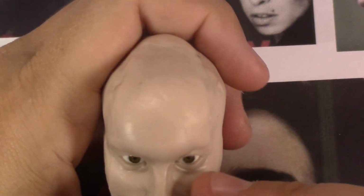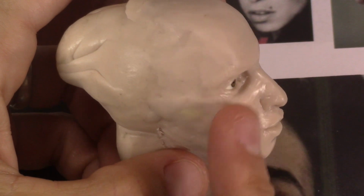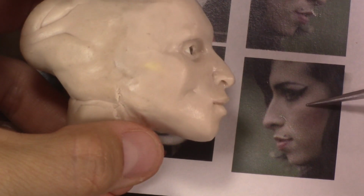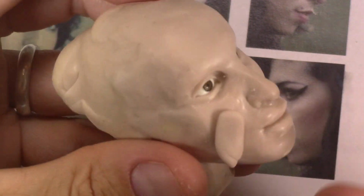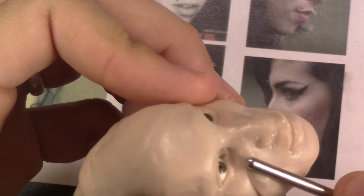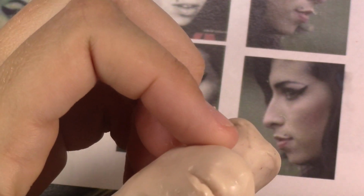So we could try to add that now and then change it once we keep on building, or we can add more volume here. Once I brought the lips more to the front, this got really deep, so I'm gonna build up some more, because she does have more volume here. See, it's not that deep like mine. Look, mine is kind of going in here, so we can add more clay there. So volume is really important right now, because we already kind of have a mouth, a nose, and an eye,